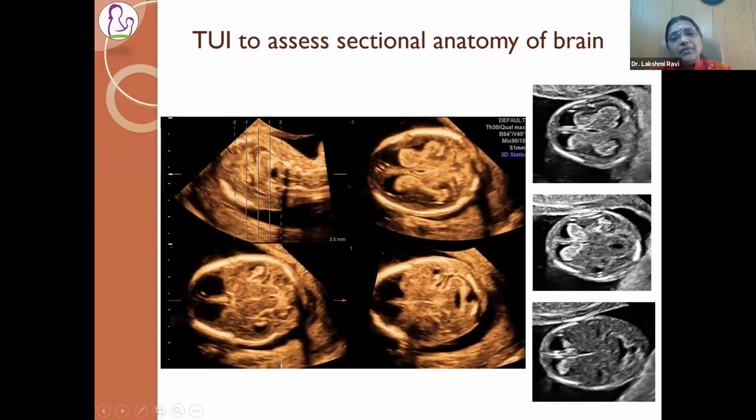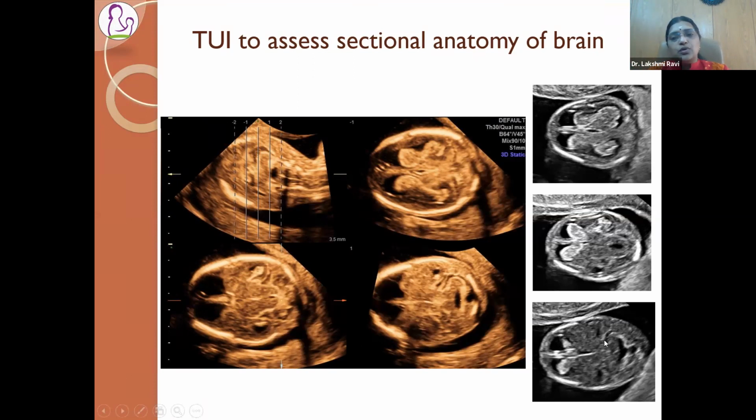The same thing when we speak of open spina bifida in the 11 to 14 week scan, you will always know the intracranial signs, because it is the intracranial signs which really help you to pick out these subtle neural tube defects, because the spine evaluation per se in the first trimester is very, very difficult. So when we speak about sectional anatomy of the brain, this technique is nothing but TUI. TUI is tomographic ultrasound imaging, which makes you cut the organ in multiple sections, and you can evaluate multiple sections in a single planar format.